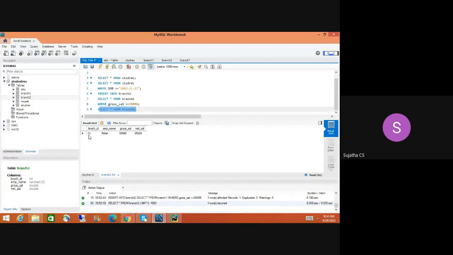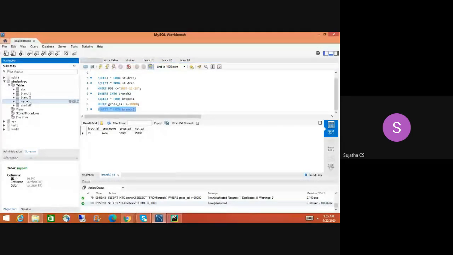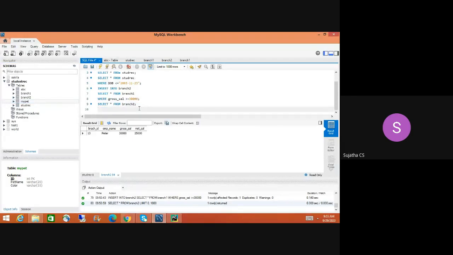Okay, next one. Here, I'm selecting that table structure, what tables are there, and then the structure of the table. I don't want to do that. I want to write a query. So how can we write a query? There is a keyword called describe. You can simply write DESC, describe. I want to describe ABC.